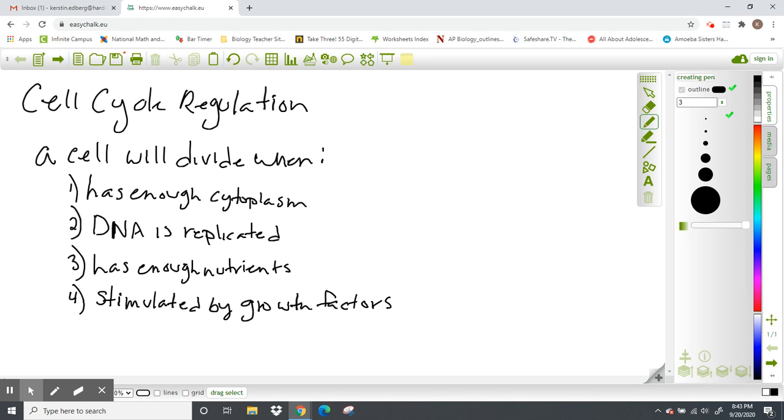Again, those chemicals can come from a bunch of different places. The kidneys are one place. It can come from other cells around it. If a cell gets damaged, it can give off hormones essentially, or signals to the cells around it that it needs to start dividing so that your body can heal. So those are growth factors. And then the last one, number 5, the cells around it will die.